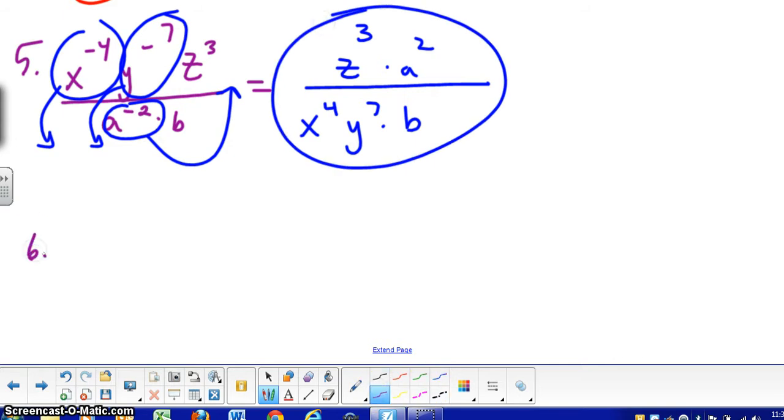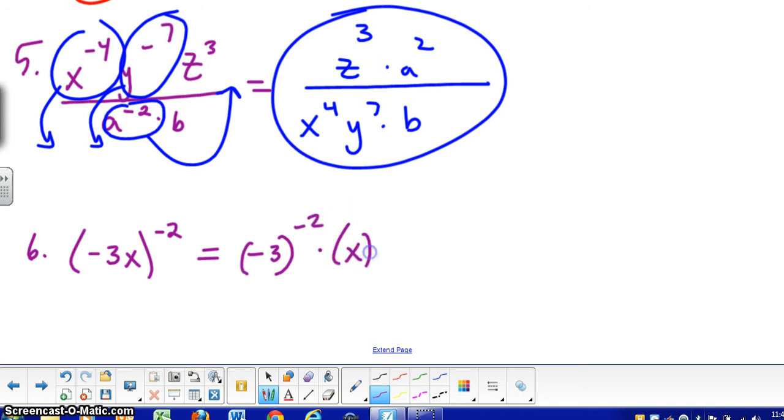Number 6. This one I want you to do is negative 3 x to the negative 2. Go ahead and push pause and solve. There's a cleaner version for you. And then everything should have a negative 2 on it. So negative 3 would be to the negative 2 times x to the negative 2. Okay, so now with that,